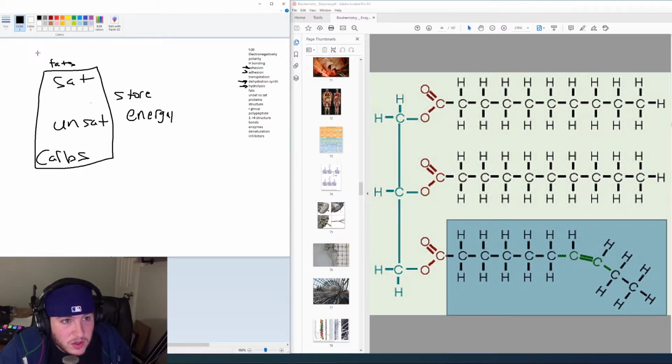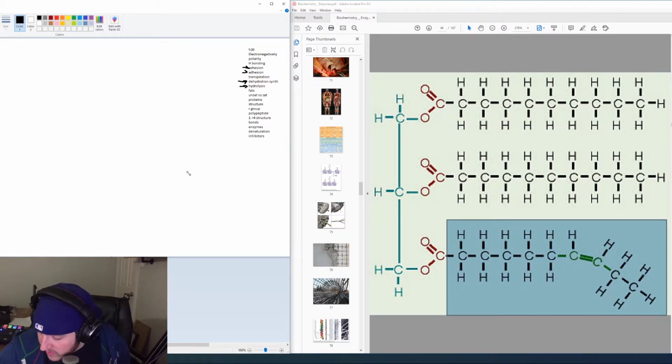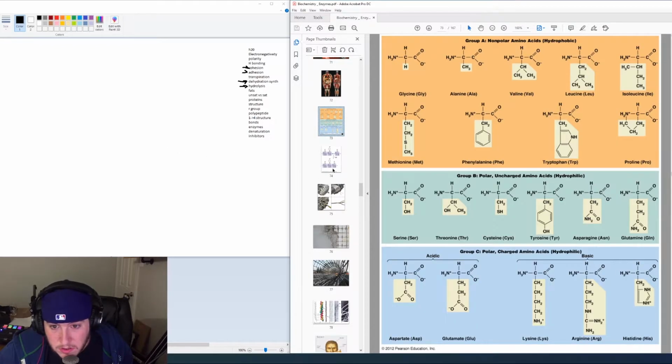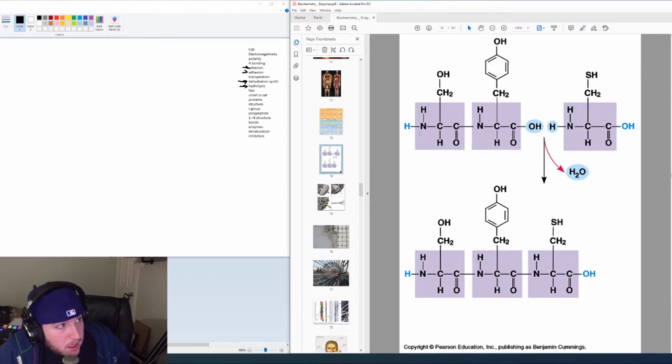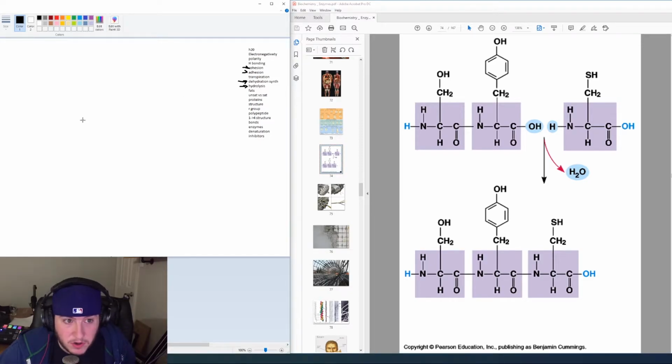So let's get into proteins. Now remember, where's my picture of a protein? Okay, so here we have a couple different proteins. Now you'll notice that every protein, remember, we studied that proteins have four basic parts. First they have a central carbon, and then they have a carboxyl group. They have a hydrogen group. They have the amine group, which is the nitrogen with two hydrogens coming off of it. And then they have the R